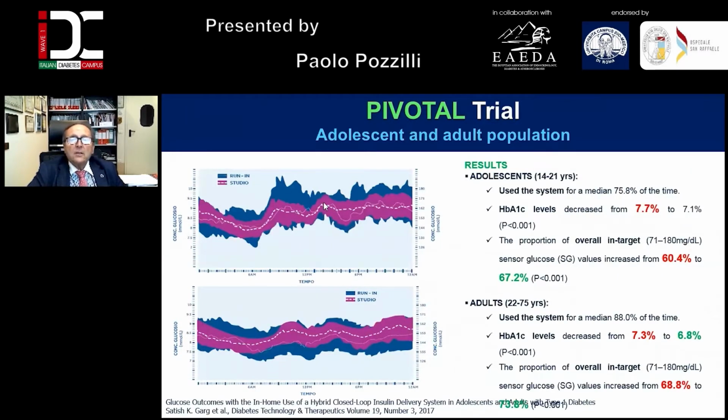This is the pivotal trial in the adolescent and adult population. You can see that the HbA1c levels decreased from 7.7 to 7.1, and this was highly significant. And the proportion of time in target moved from 60.4 to 67.2 time in range, and that is the adolescent population. In the adult population, there was a decrease of glycated hemoglobin from 7.3 to 6.8, and there was an increase of the time in range from 68% to 73.8%, that is above the 70% range to say that the patient